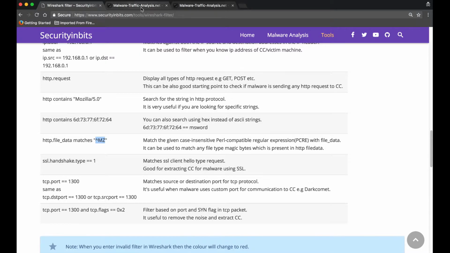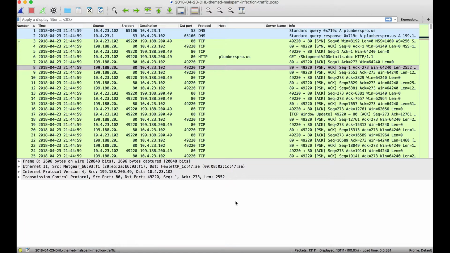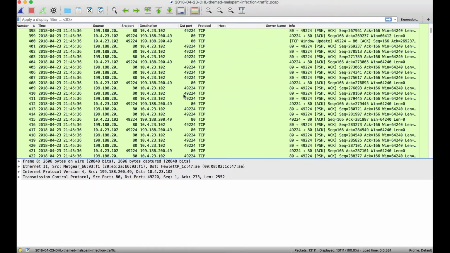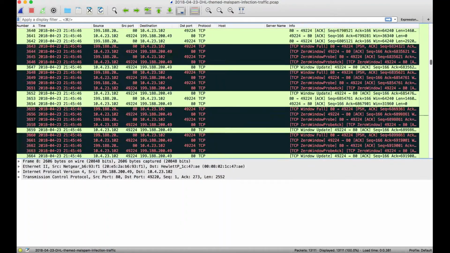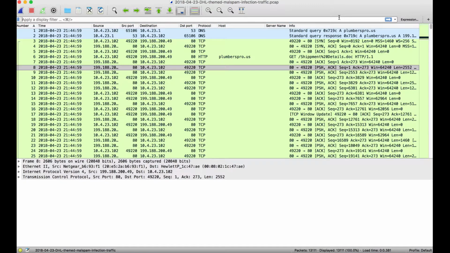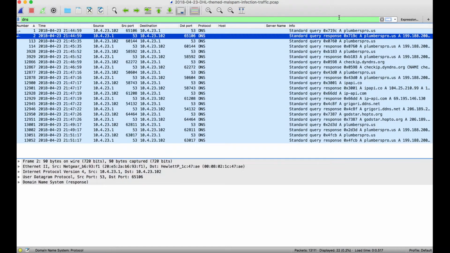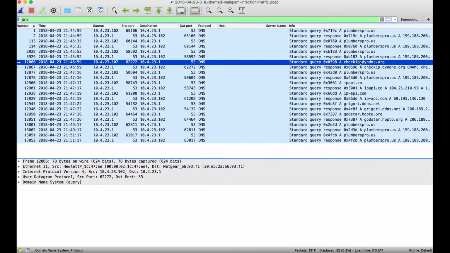So let's start. I've already downloaded this Pcap from this website, and we'll be using it for this video. You can see lots of packets. So let's start with DNS, only DNS. Now we can see the DNS requests to the C&C plumberspro.us,